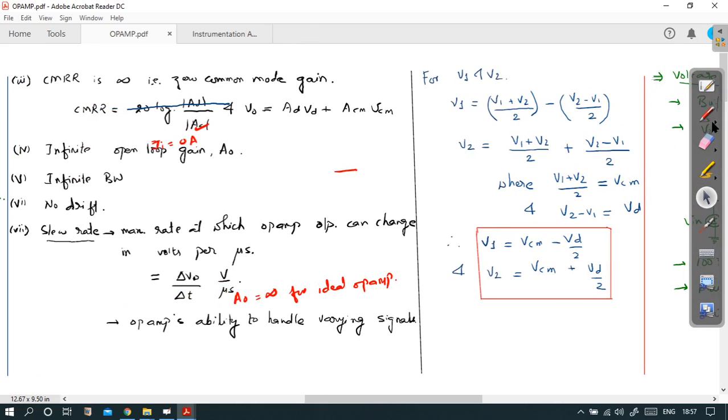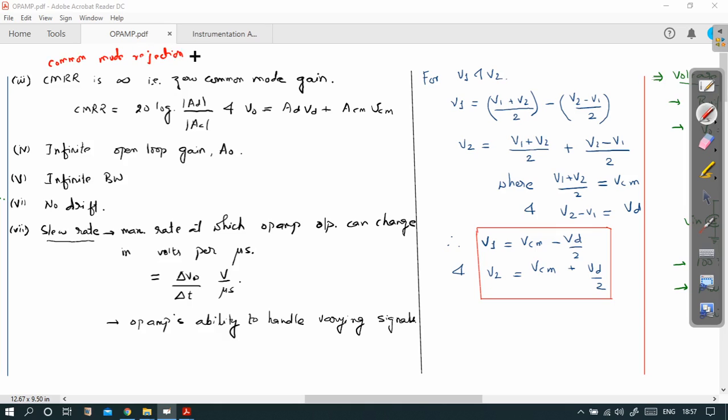Third point is the CMRR value is infinite, that is, it has a 0 common mode gain. What is CMRR? CMRR is common mode rejection ratio. Basically it means by what amount it can reject the common part which is there between